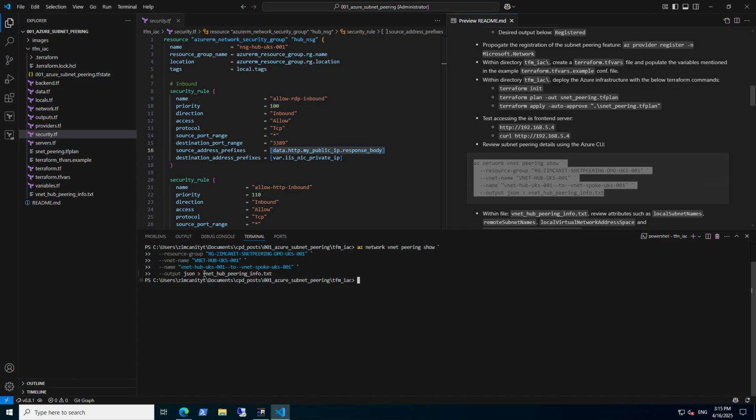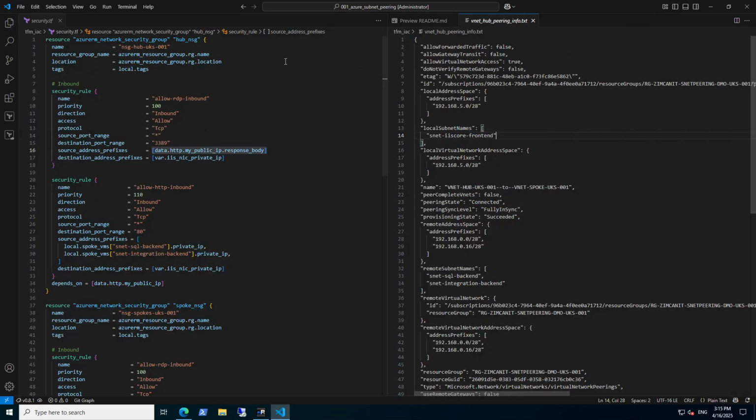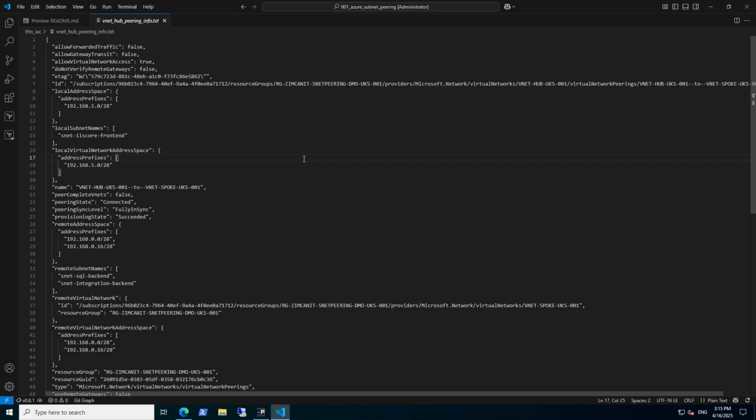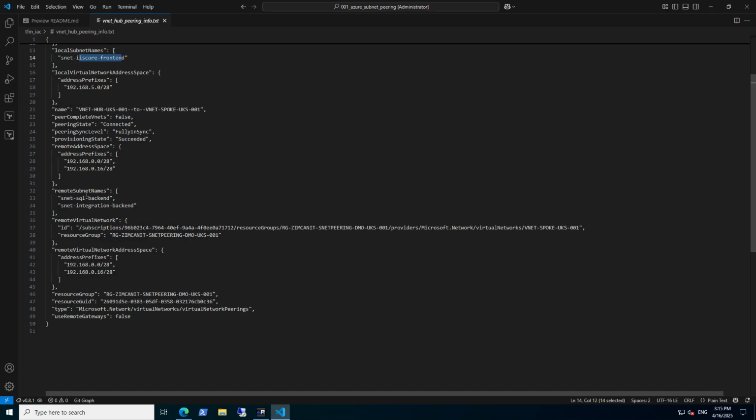which will generate a text file known as vnethub.txt. And if we open that text file, we can then see the information about our deployed subnet peer. That then shows the local subnet name, which was defined on our hub virtual network for the peer, which is our IIScore-frontend, and it defines the virtual network address space for the local subnet itself that's been referenced here, 192.168.5.0. And in addition to that, we then state our remote subnet names, which is our SQL-backend and our integration-backend,